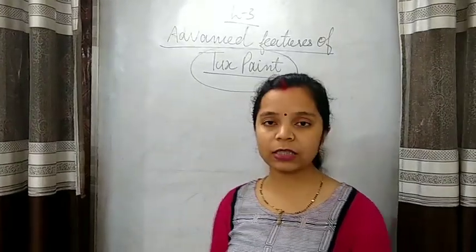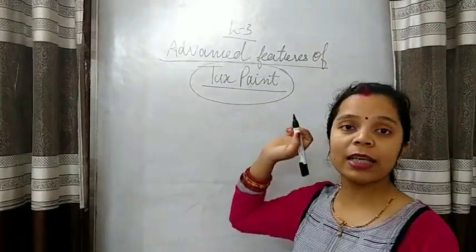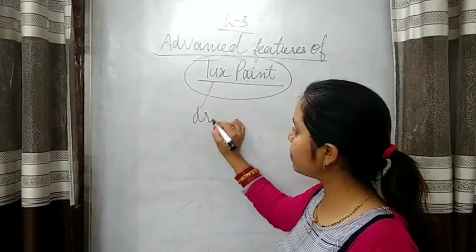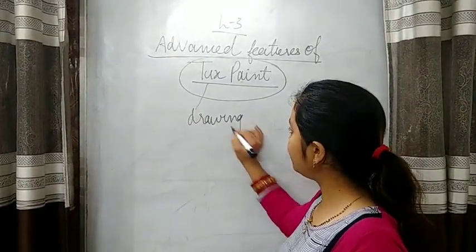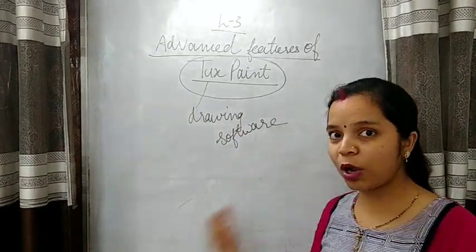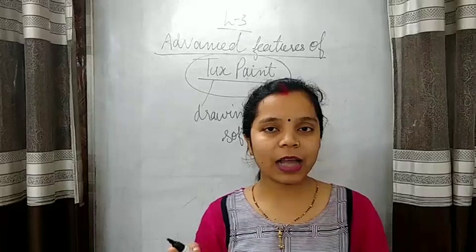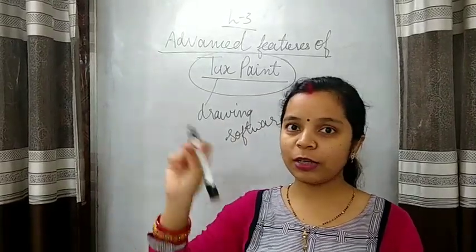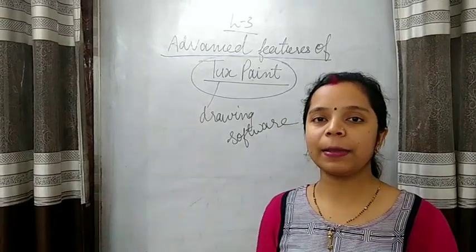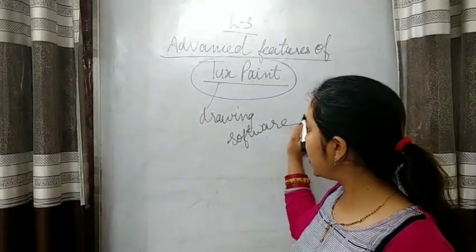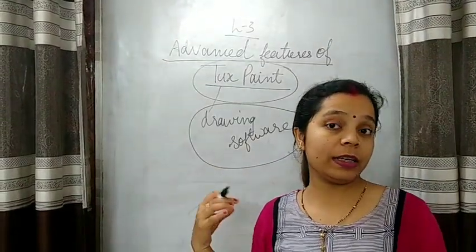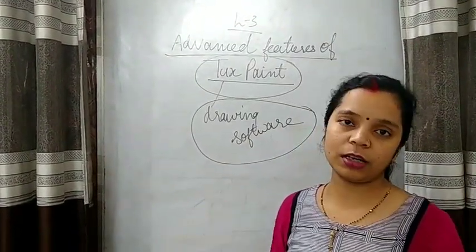Now in your book first it is given what is Tux Paint. You have already studied in class 3 what is Tux Paint. Tux Paint is a drawing software, like a drawing copy. Like you have one art copy in which you draw, then you color. Like that, in the computer Tux Paint is there. It is like MS Paint, but it has so many tools. In this also you can draw very creative drawings and you can color also.